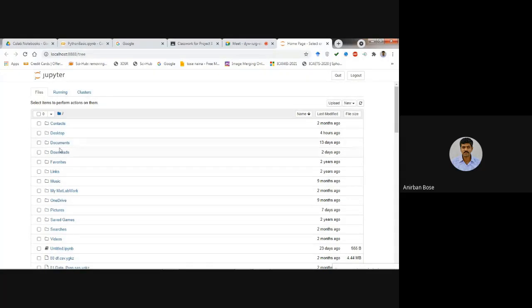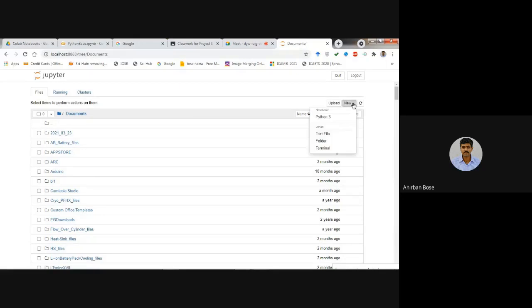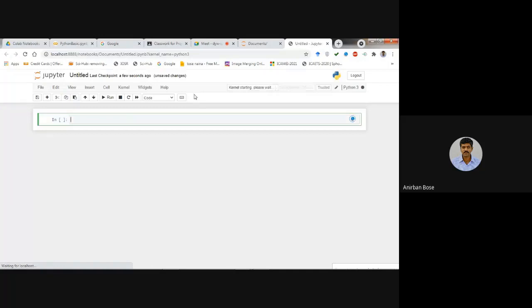Suppose I want to save it in My Documents, so click on My Documents, and then you see your different files there, and after that you go to New, and there you click on Python 3. If you click on that, you will find this kind of an interface. This is the interface where you have to write your code.